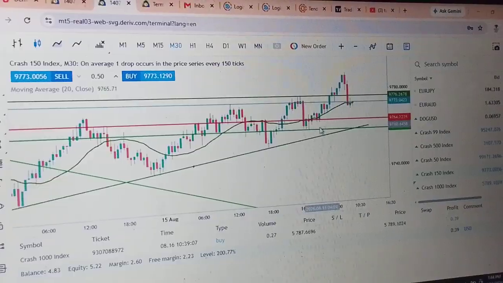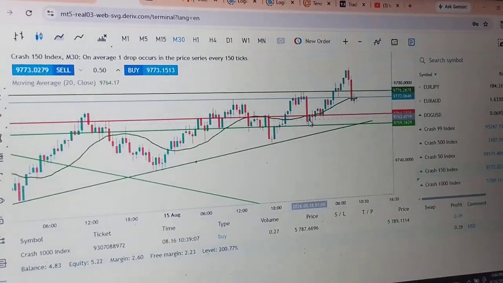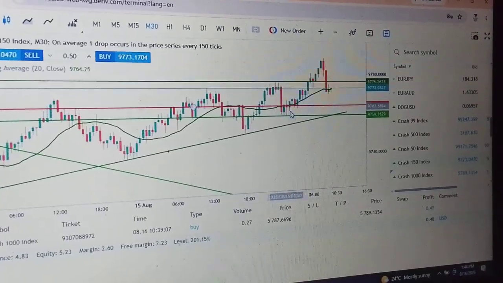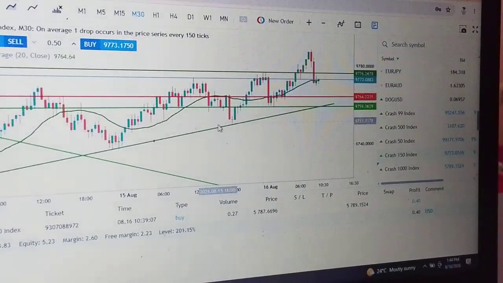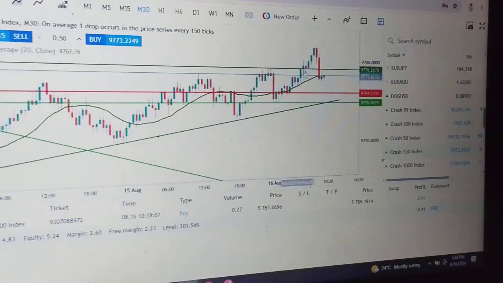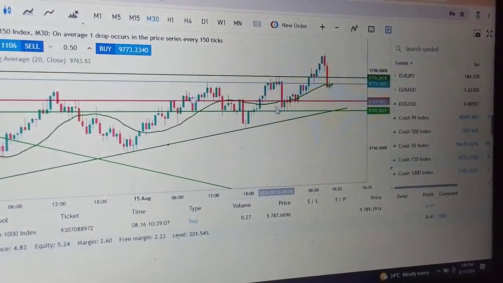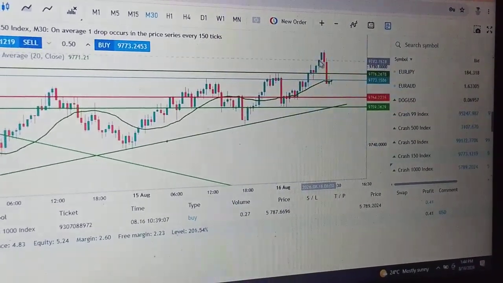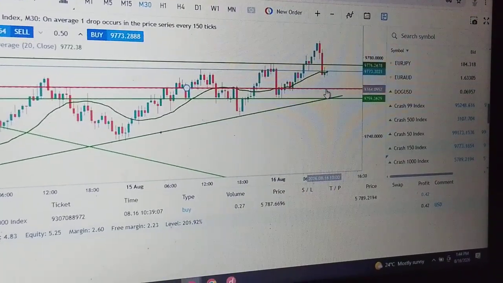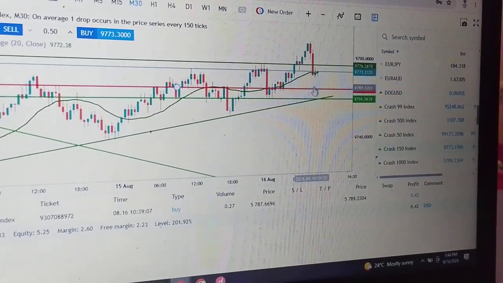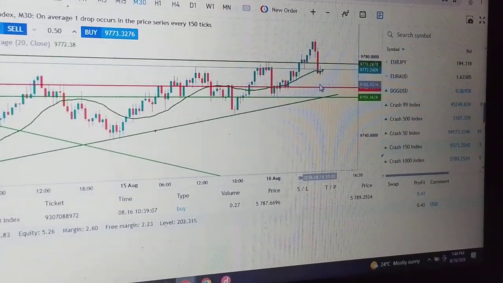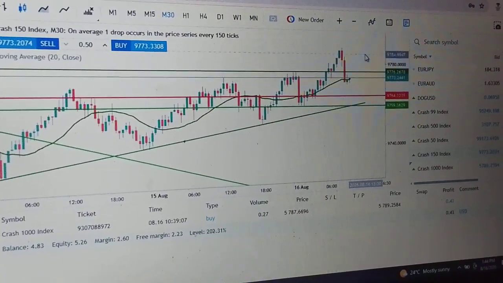From here, yesterday around 1 a.m., I was awake, so I saw this opportunity. I took a buy, and it made me around $7 from this point to this point. Now what we are doing, we are waiting for the market to dip down up to this red line. It's an area. Remember, it's not a line, it's an area. When the market comes back to this area, I'm going to take a buy, and possibly this is where I'm going to take